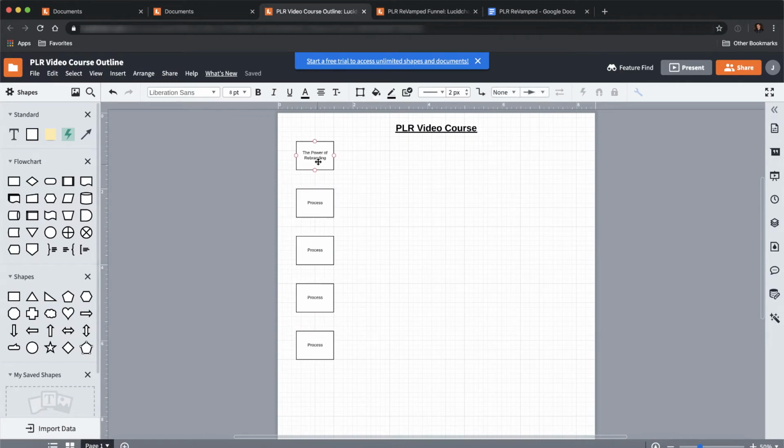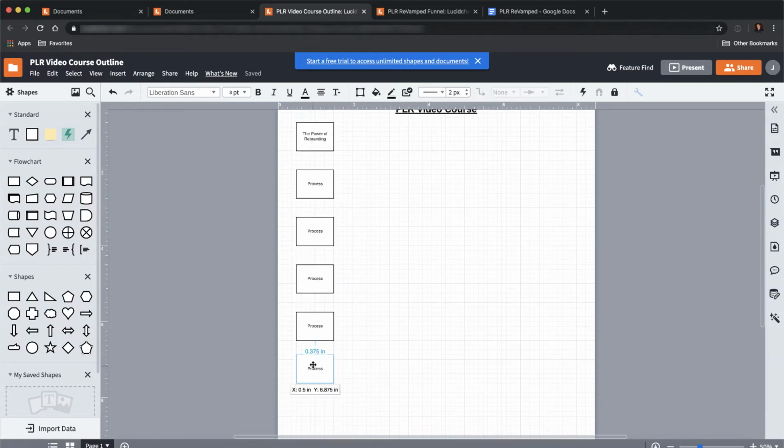So we're going to go ahead and say, let's say 5. So we need another one, so we'll just paste another one. Oops, and put that half an inch from the bottom one there. And so this one's the power of rebranding. Well, the first one is the power of rebranding. Second one is revamping this